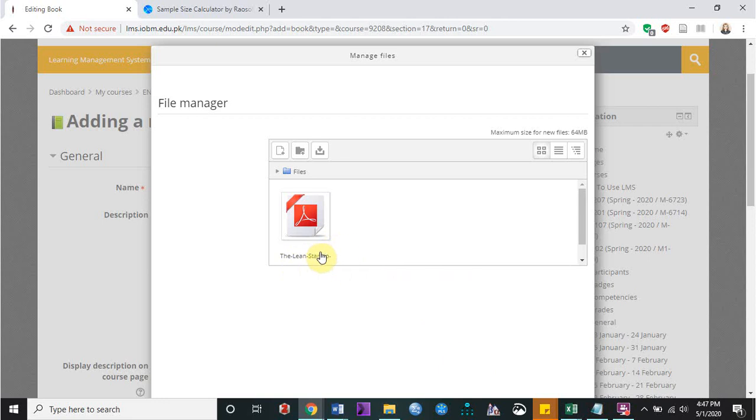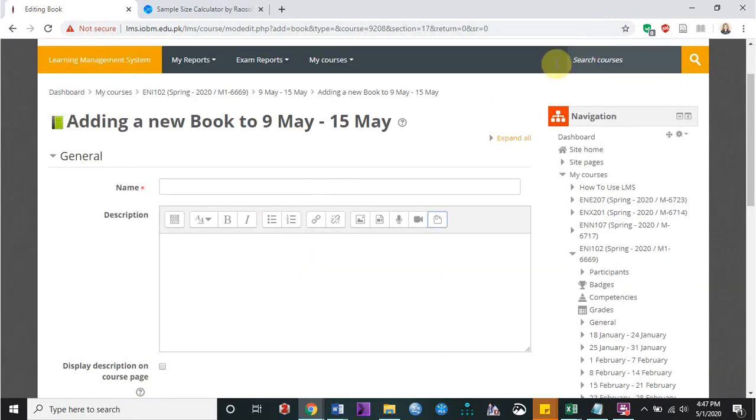Your book is added here. Now press this cross.